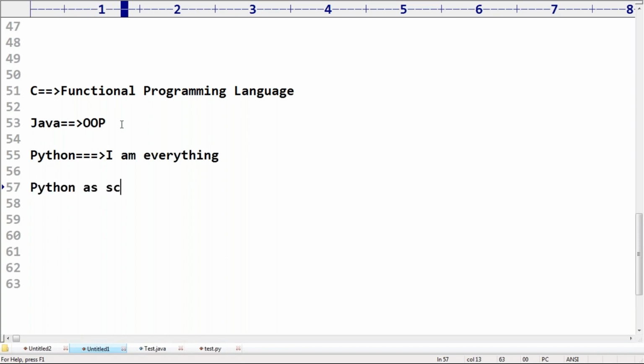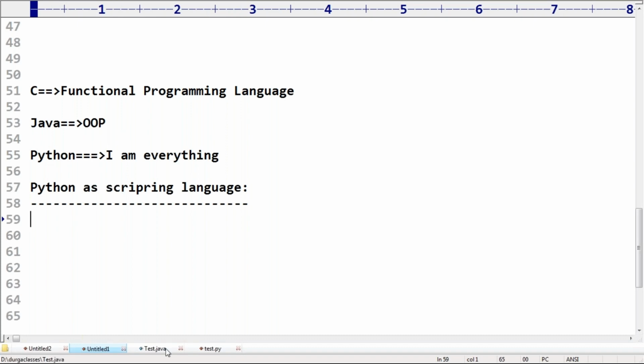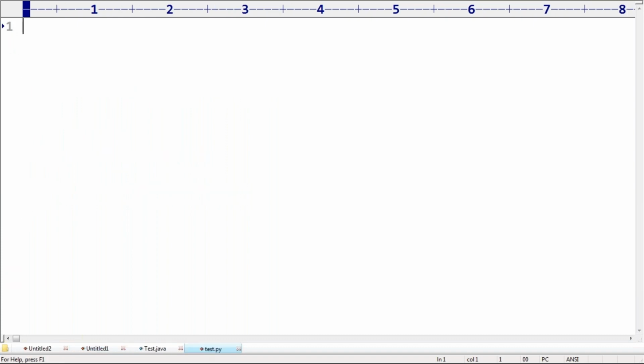Yes, scripting language. Scripting language means no functions, no classes, just a simple group of lines. Suppose I require to add. Very simple: x is equal to 10, y is equal to 20. Then print of x plus y, that's all.